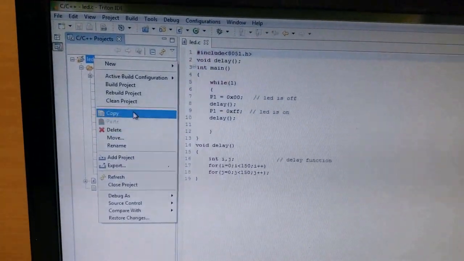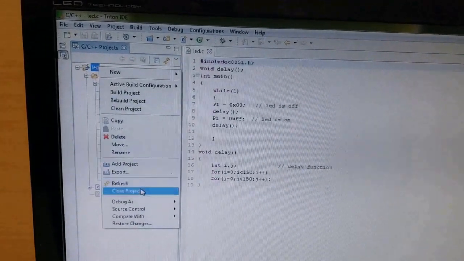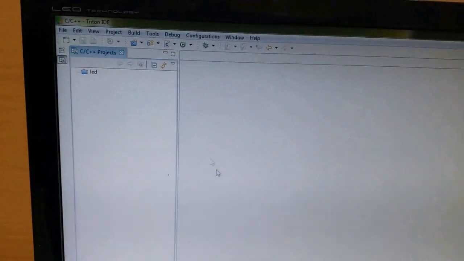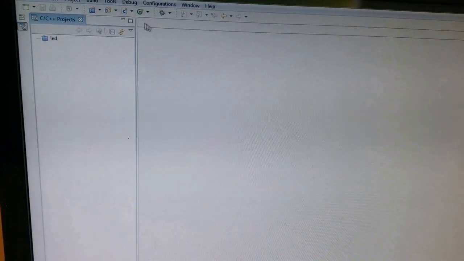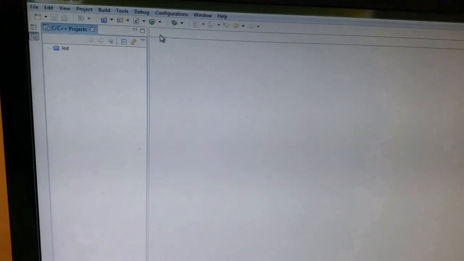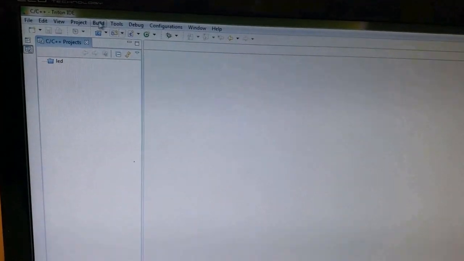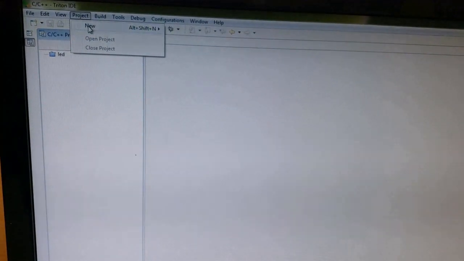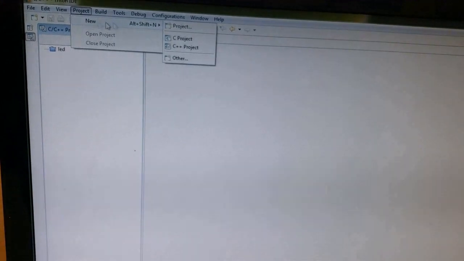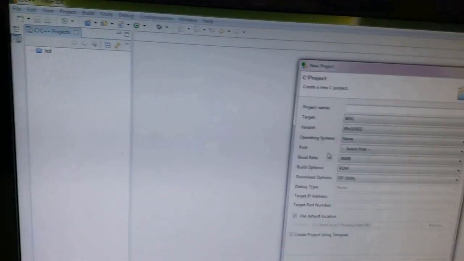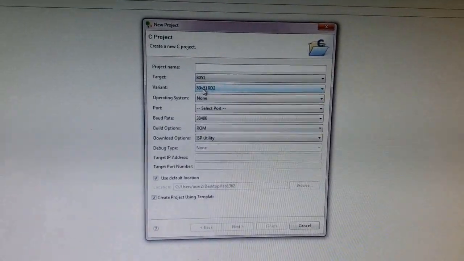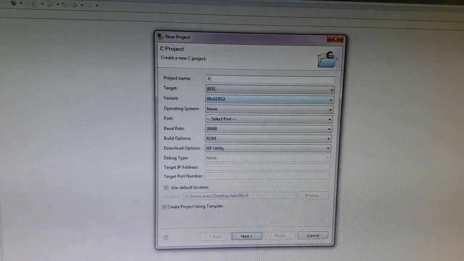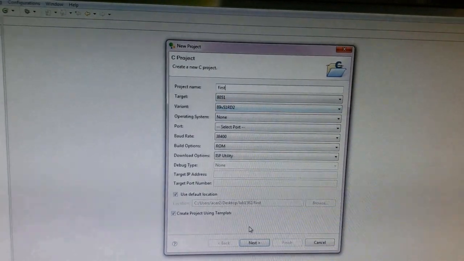Let me close this previous project. Here is your Triton IDE. As our sir has already said, Triton IDE means integrated development environment. Here we are going to create a new project from the project menu, new C project. You simply give the project name; this is our first program, so simply type first.